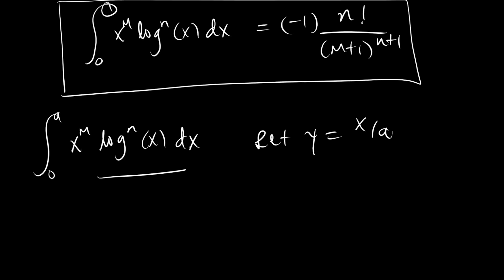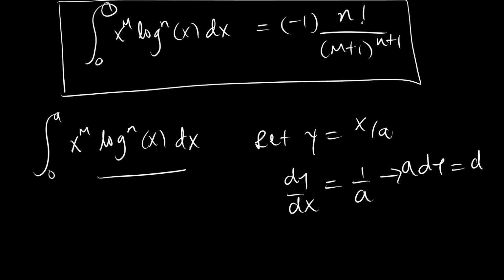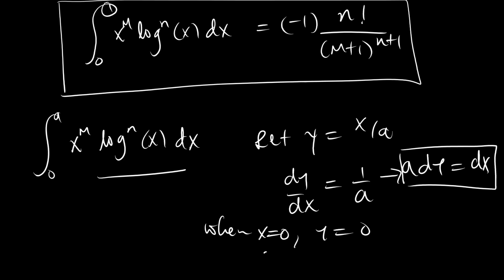such that dy/dx is equal to 1 over a, and that means that a times dy can be used to substitute for dx. So when x equals 0, y would be equal to 0. When x equals a, y would be equal to 1. So since y is equal to x over a,